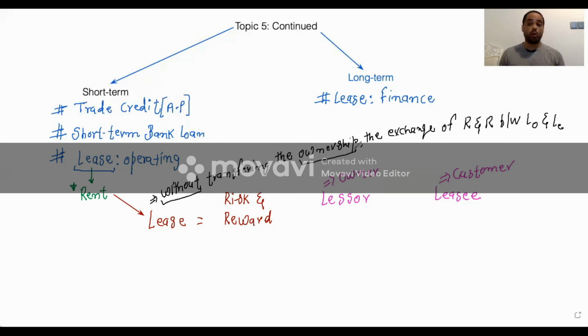Again, if the room has any technical problem, whatever electronic equipment in the room, the owner has to pay, right? That's the meaning of risk of that asset belonging to the lessor, the owner. Risk of the asset belongs to the owner, right? Now,